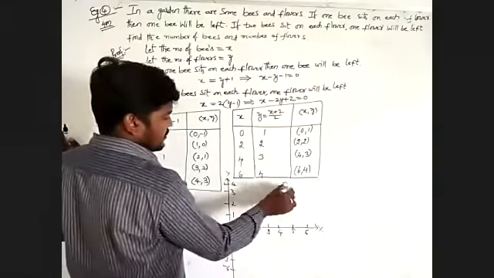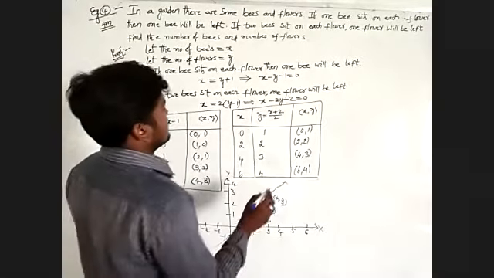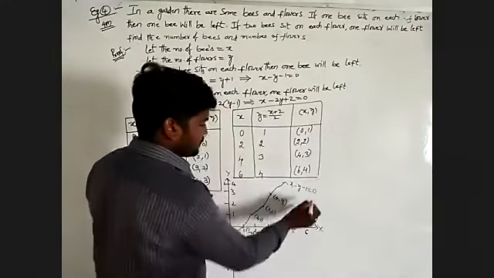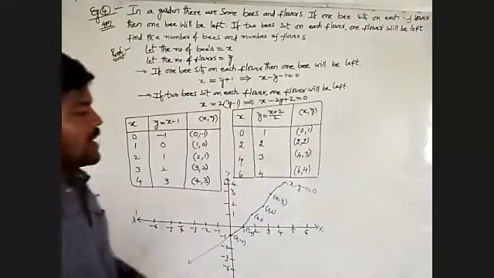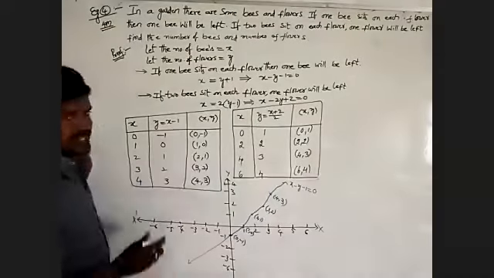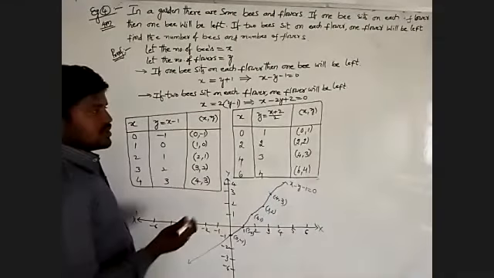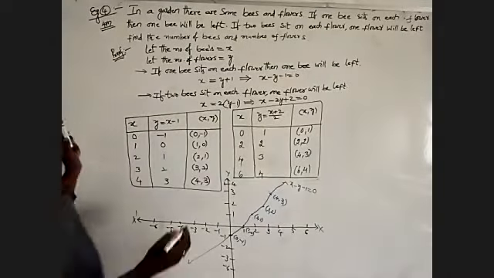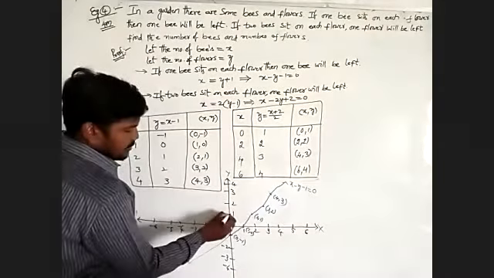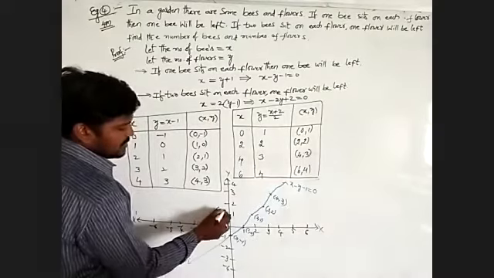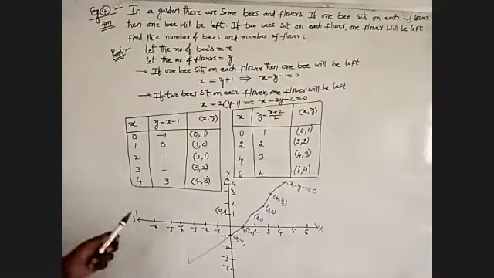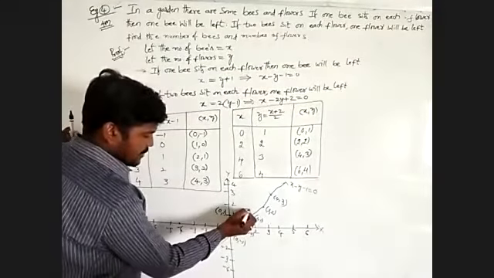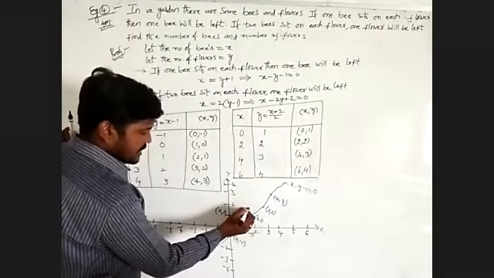The name of the given line is x minus y minus 1 equals 0. Next we have to take some more points on this equation. Here the first one is 0, 1. Here the x coordinate is 0, which means it lies on the y-axis. This is the point 0, 1. Next we take 2, 2. On the x-axis and y-axis we take the same point. That is the point 2, 2.